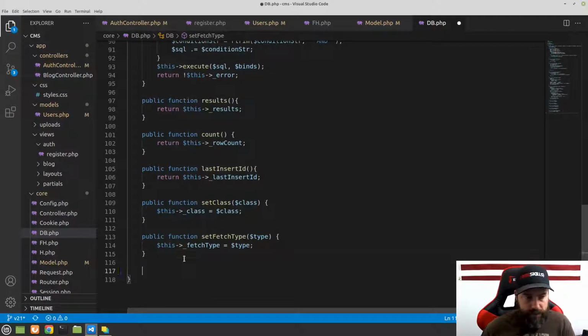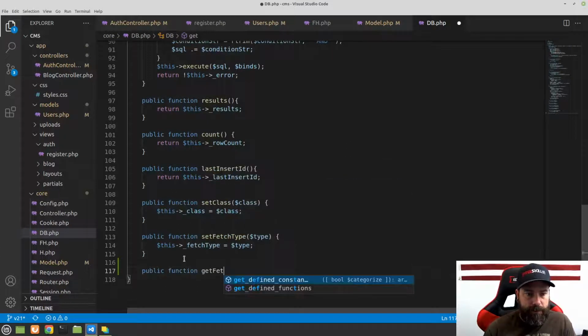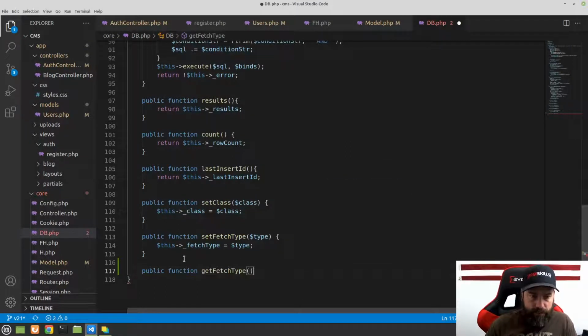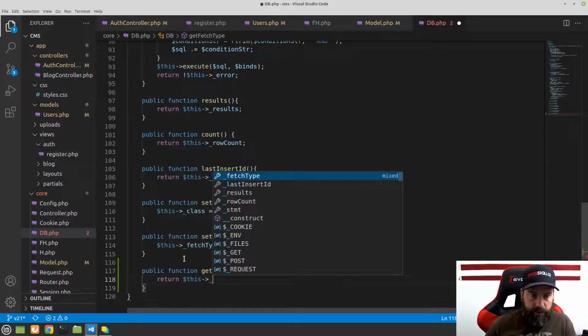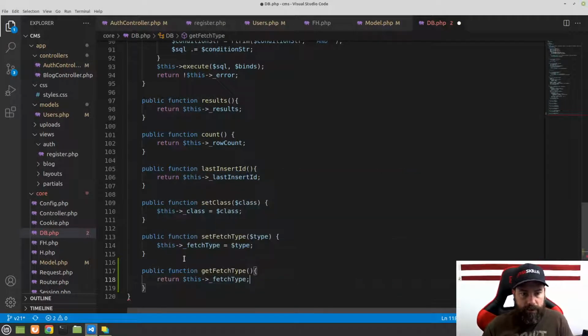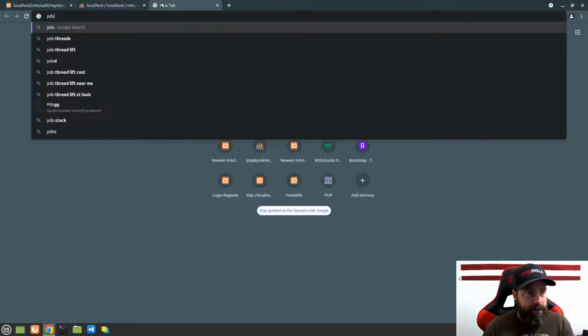Just to debug this, I am going to add a public function get fetch type right here, just so that I can return this fetch type here, and it's 8. So let's go and look at PDO